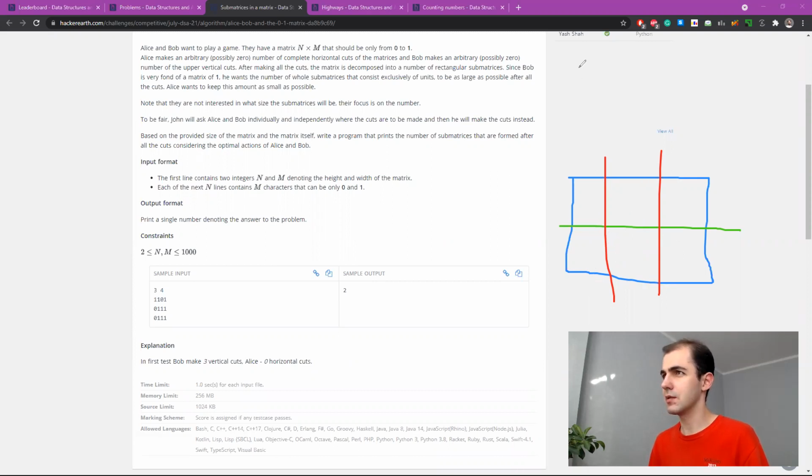So it sounds like Bob wants parts to be as small as possible, and Alice wants parts to be as large as possible, because that decreases the chance of them having all ones, which I believe should result in a partition like this, where Alice does not make a single cut and Bob instead cuts all the columns.